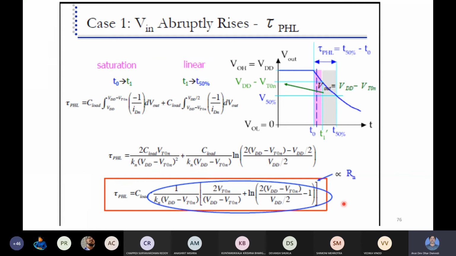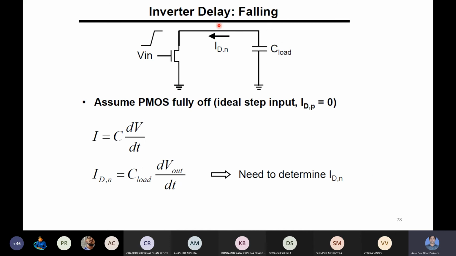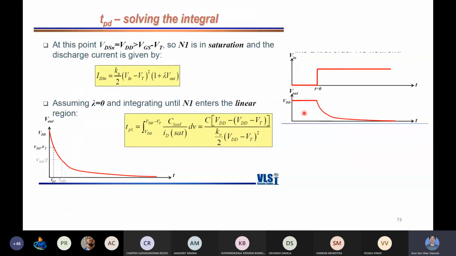Same part is high, TPHL we have calculated. Then exactly here we are going to do the same thing. Inverter delay in falling is again, just quickly, we are going very quickly to understand this. We can see when it is falling, in that case this NMOS transistor is initially in saturation region, but PMOS is off. From this diagram we can again clarify: at this point input is switching from low to high. When input is becoming high, then this PMOS will become off.